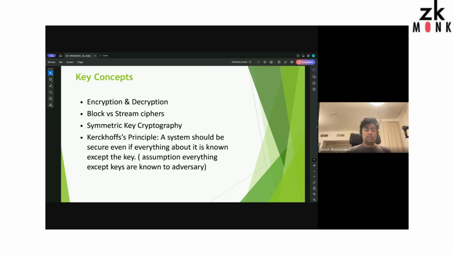Now you might be wondering, are there some rules of the game, how you define the adversary and what the adversary's powers are. So this is where Kirchhoff's principle really matters. Kirchhoff's principle implies that the system should be secure in such a way that everything except the key, when exposed, you should still have security. Okay, this is pretty much what it means. Okay, can I have the next slide, please?